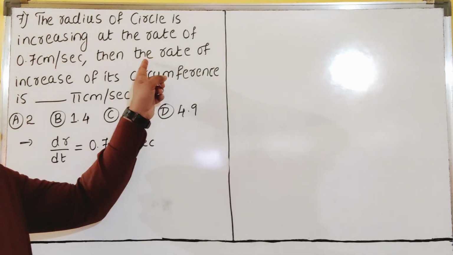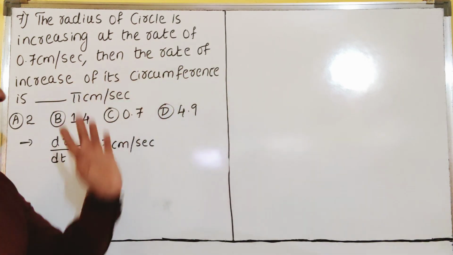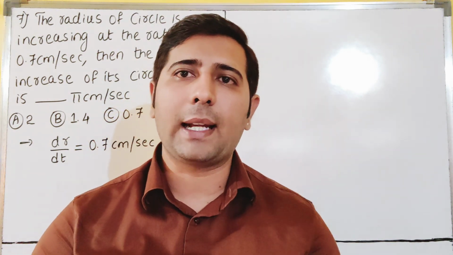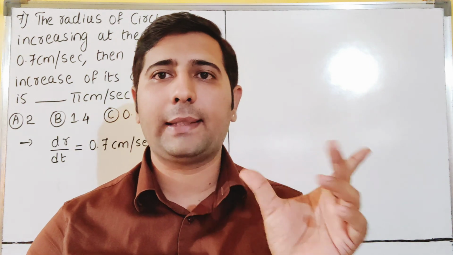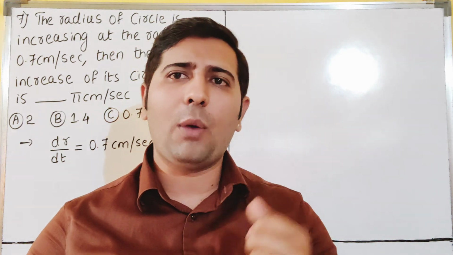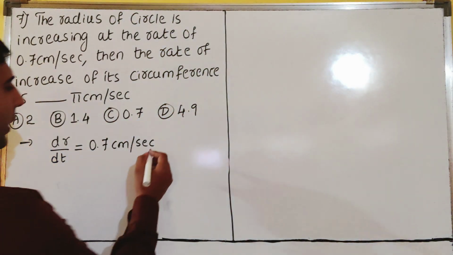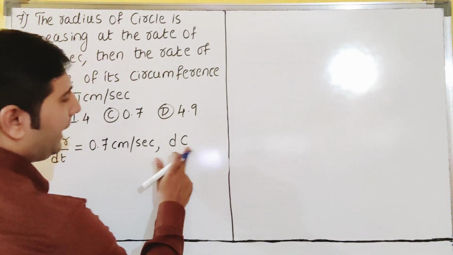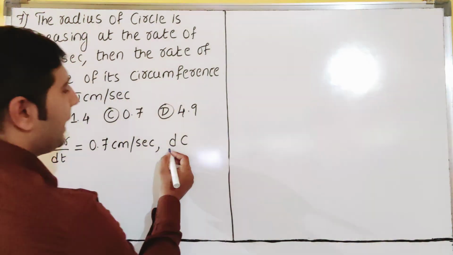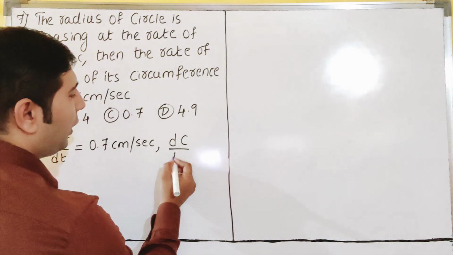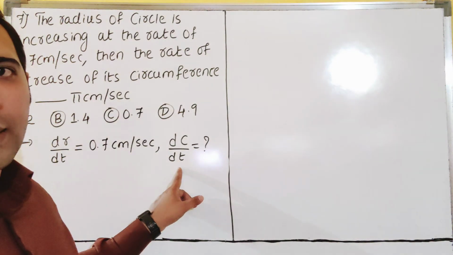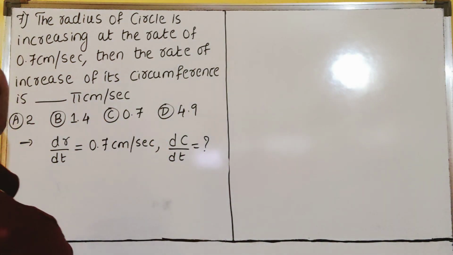Then I have to find what here? The rate of increase of its circumference. That means circumference is increasing, dear students. How much does circumference increase when radius is increasing? Understood? If radius is increasing, circumference automatically increases. So we will take circumference as C, dear students. Increase means change, and change means derivative. So derivative we have to find, dear students: dc by dt. Once t has come, it will come with this also. T only, dear students.